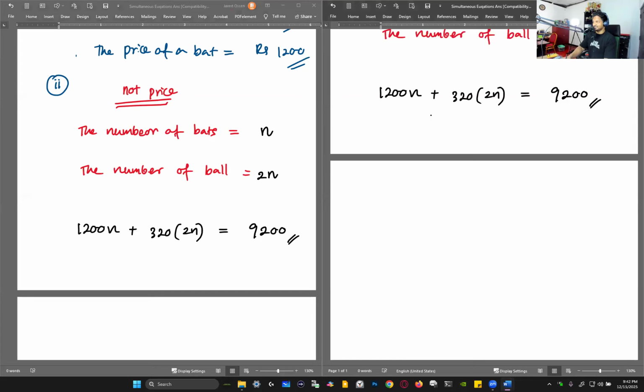What is the variable? N. Obviously N, right? Exactly. Now here, Miss Fatima, 320 into 2N. Look at this as a multiplication. 320 into 2 is 640N equals 9,200. And don't forget, you can add these two values. For example, 1 apple plus 2 apples is 3 apples, right? So 1200N plus 640N is